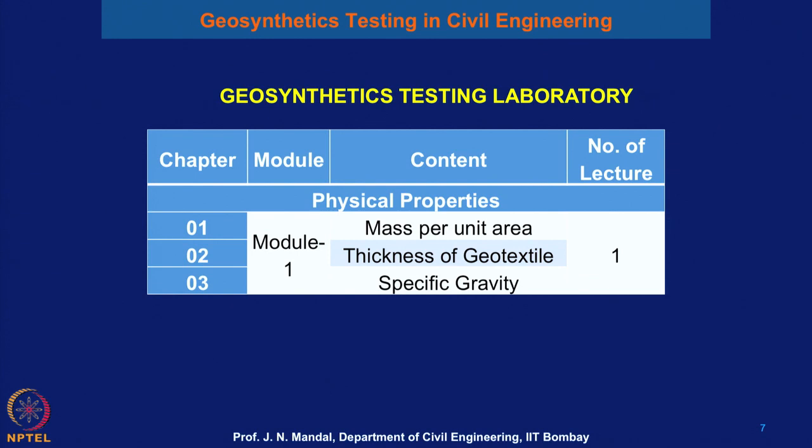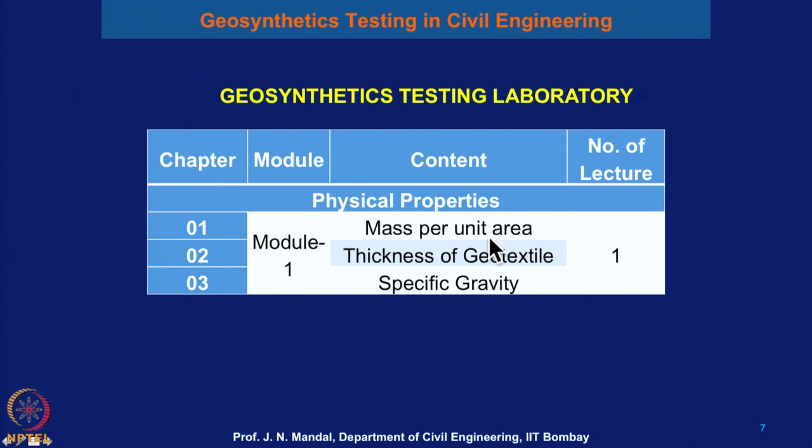In this geosynthetics testing laboratory, we will cover the chapters, modules, content and the number of lectures. In chapter 1, we will go for physical properties of geosynthetic material, and module 1 is mass per unit